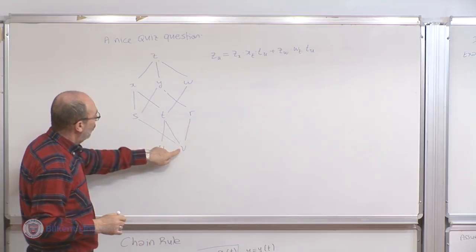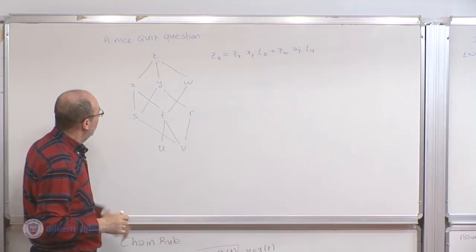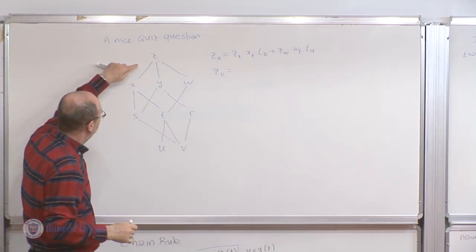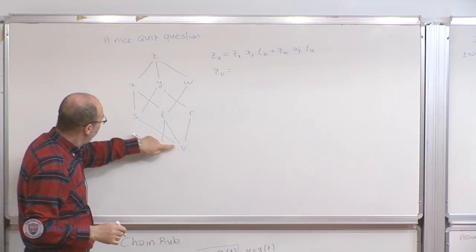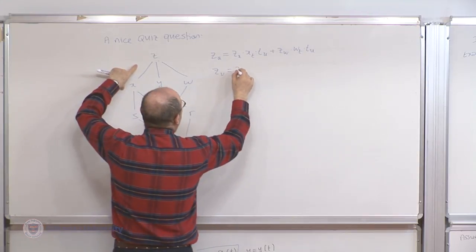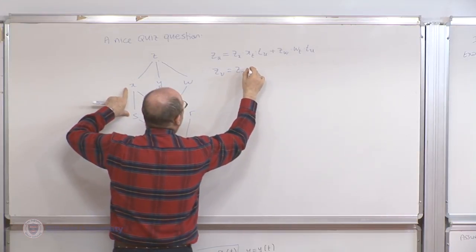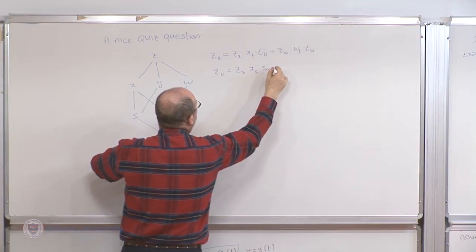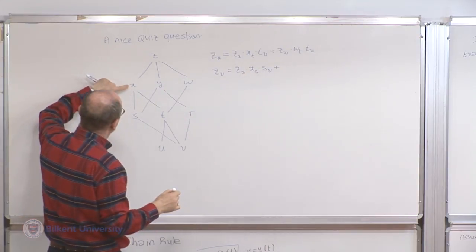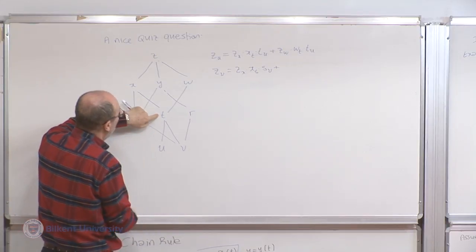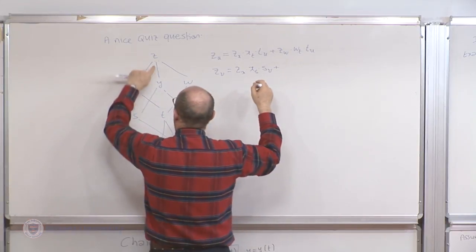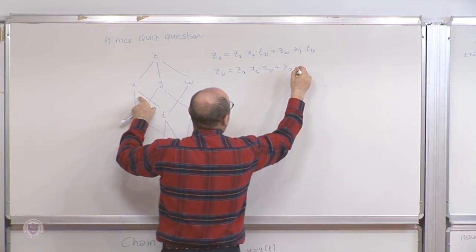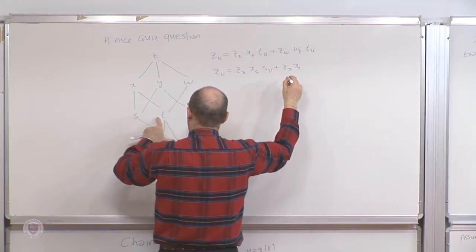So if I want to write now derivative with respect to B, you see we'll have lots of other choices. Derivative of Z with respect to B. So again, let's play the game. This one is one path, so let us write that. Derivative of Z with respect to X, X respect to S, and S V plus, okay, so from X I went to S. I can also go to T, and then I'll have this. So now I write this thing. Zx times xt tv